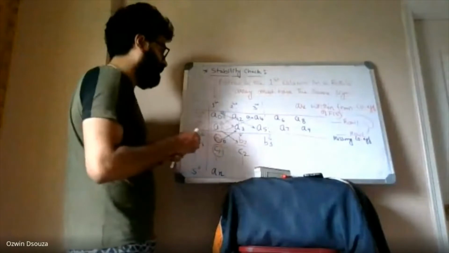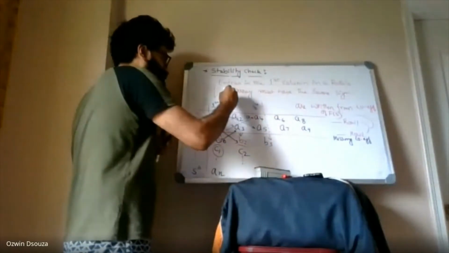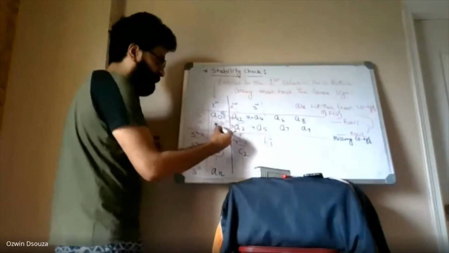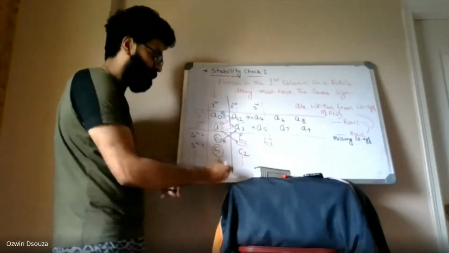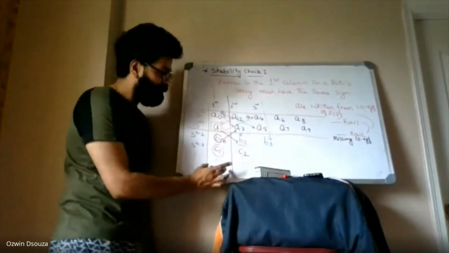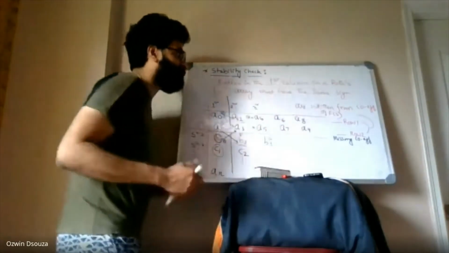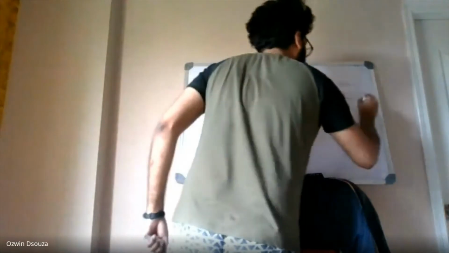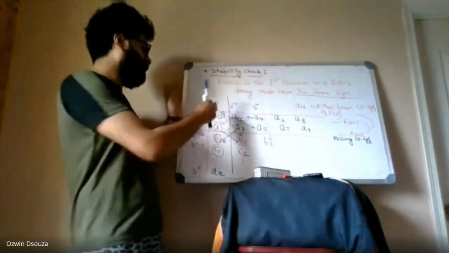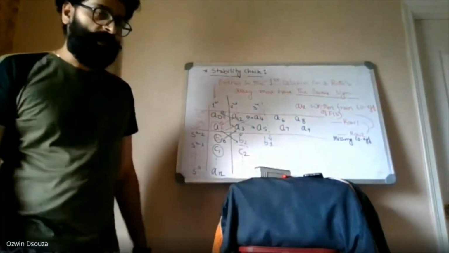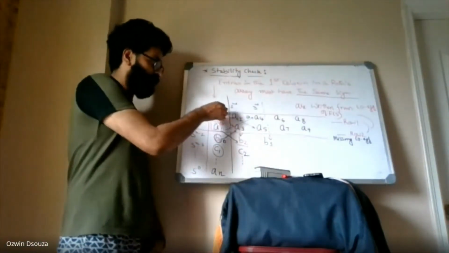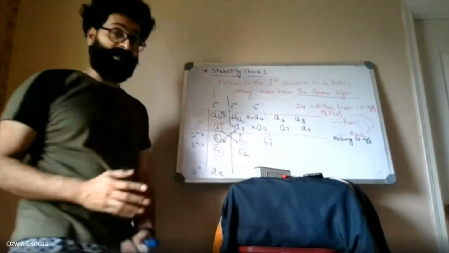Okay, what do you mean by entries in the first column? That is these entries: A0, A1, B1, C1 up till An. So all the entries or all the elements in the first column should have the same sign. Okay. When you say same sign, it should be always positive. There is no possibility of getting these coefficients having negative sign.